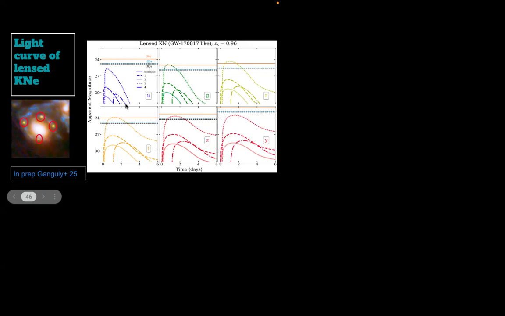If you are seeing a quad image, it will be very centered on the lens galaxy, and your time delay will be very small, so it will be difficult to measure. And if you have an off-axis image, that will have a longer time delay, but it will have less magnification, mu will be very low.